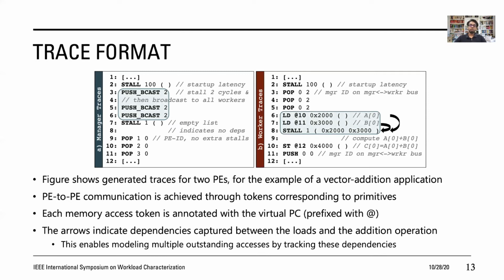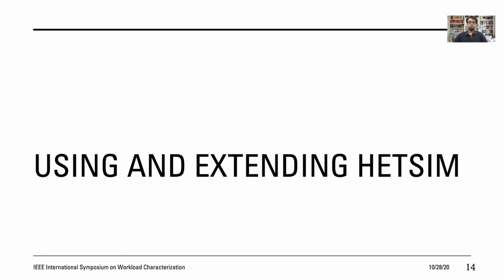In this specific example, this feature enables the PE to issue the loads at PC10 and 11 in a non-blocking way, since they do not have dependencies between each other. However, the stall in line 8 blocks until the two load responses return, because they are annotated as dependencies for the stall token. We now move on to discuss some use cases of HetSim and illustrate how to add support